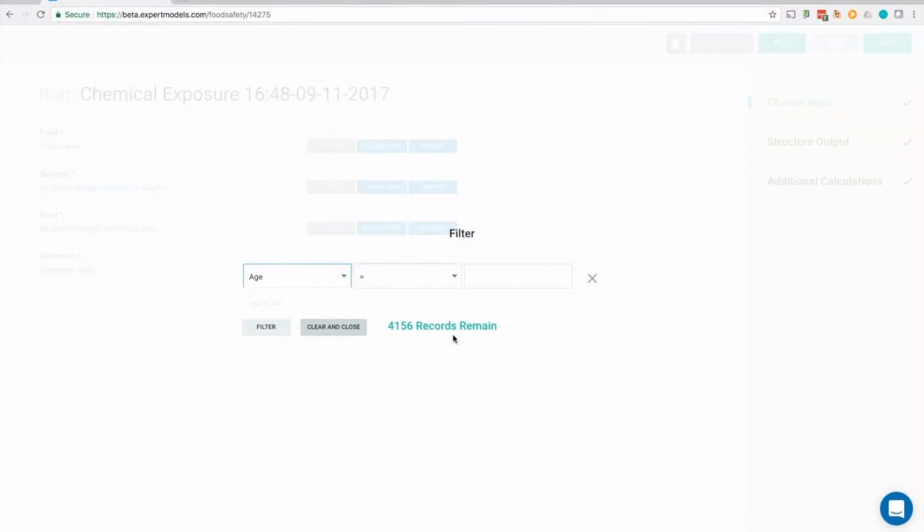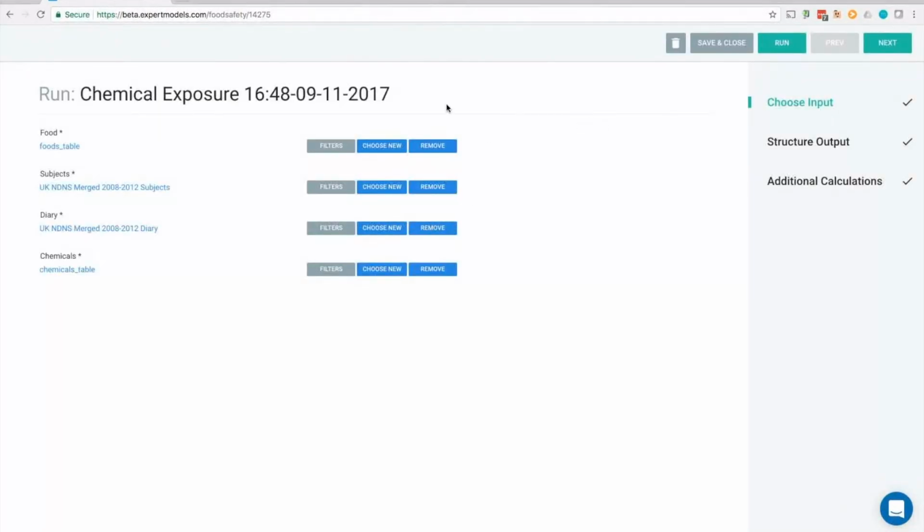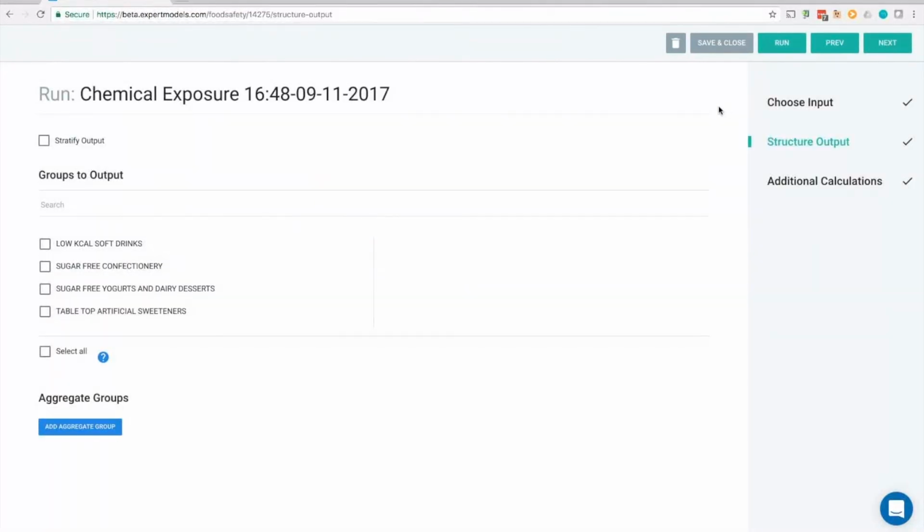I'm not going to do that in this case, but you can apply filters at this point, and then you can really customize what's going to be shown in your data. So now that I've selected the input data that I want to use for my assessment, I'm going to move to the next step. So the things you can choose when you're running an assessment obviously get pretty complex, and